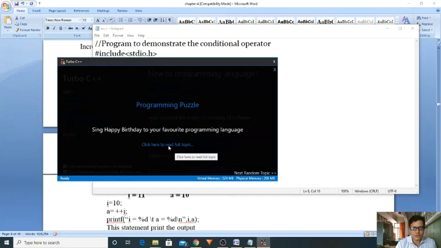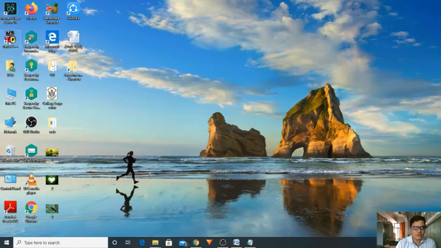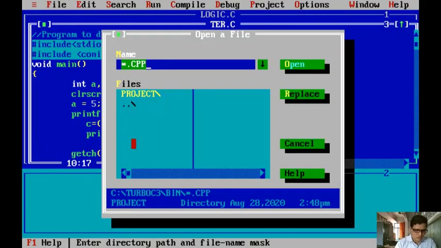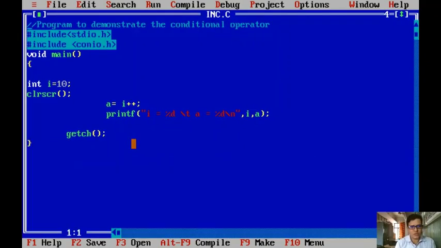I'm opening here. Yes, close it, minimize it, and open your editor. Start Turbo C++. Now open that file. Sorry, what is our file name? Inc.c. Whether it is our program? Yes.